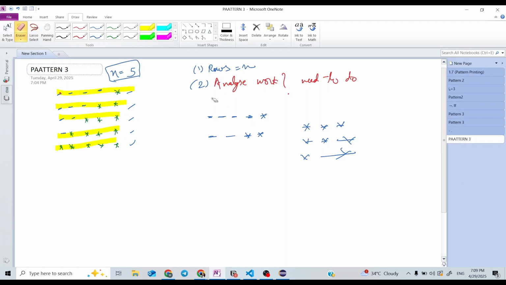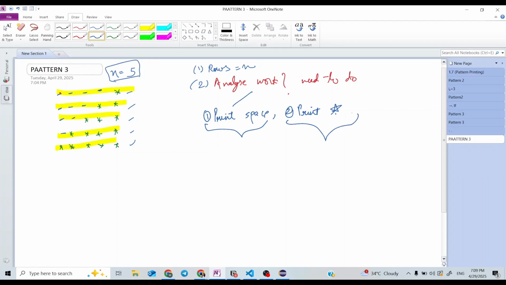So there are two types of work we need to do in a particular row. First, print spaces. After we print spaces, we have to print stars. This is the work we need to do. So how can we print spaces? We are going to solve this pattern in the same way as the previous pattern, but for spaces we will have one variable, and for stars we will have another variable.